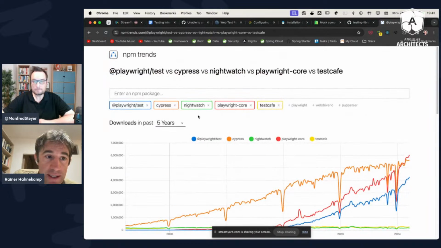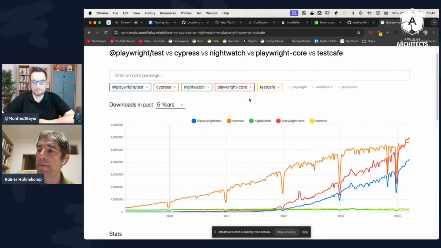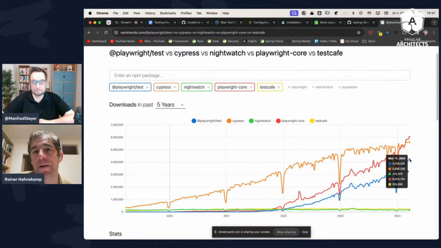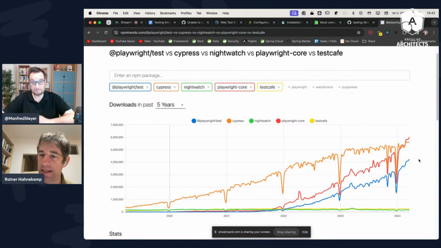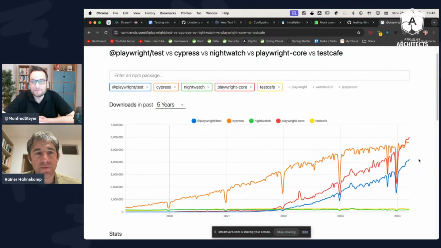If on the other side you say, well, Playwright Test is more the testing framework because Playwright Core can also be used for remotely controlling a browser, not just for testing but for more, and you say it's Playwright Test only, then there is still some gap between Cypress and Playwright. But looking at the numbers and the trend, it's obvious that it is just a question of time until Playwright will overtake Cypress and be number one. It has a whole different slope, I guess. Yes, and so they will meet soon.